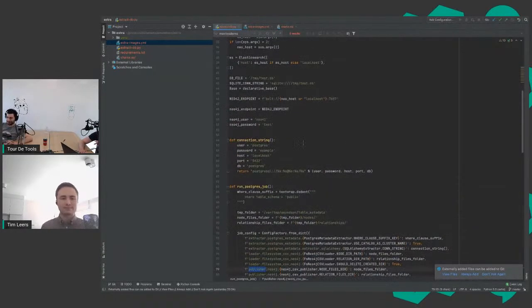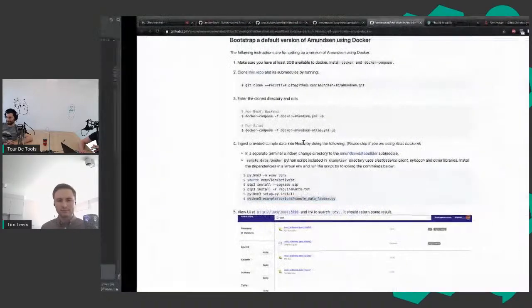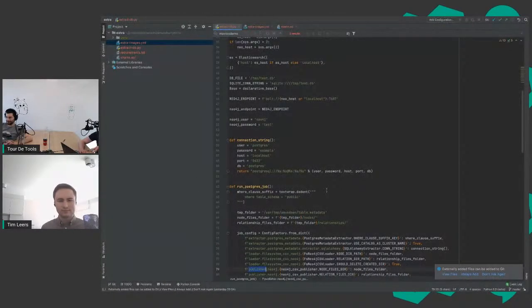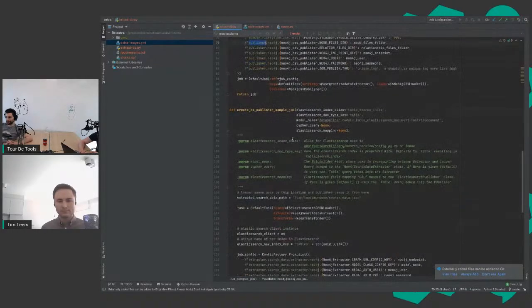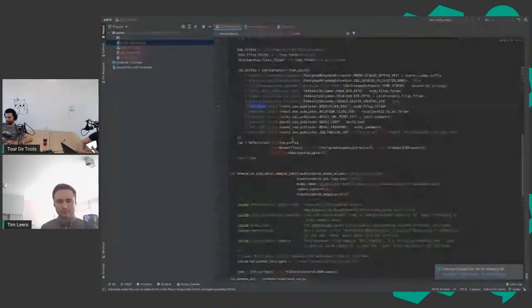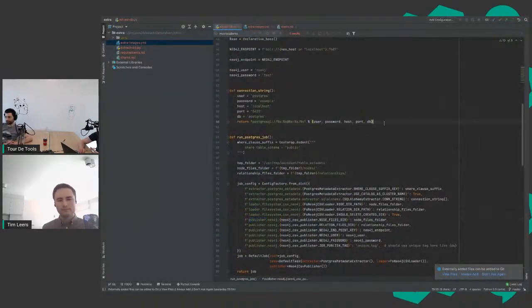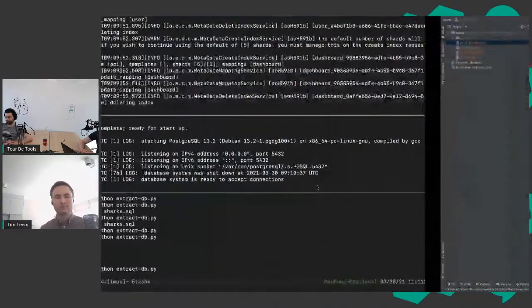So anyway, this script is part of their data builder. They have a lot of scripts that you can use to easily plug and play some data sources. Here I really took their Postgres example and I'm going to run this as is. The only thing I changed is my Postgres connection string. So if I run this,